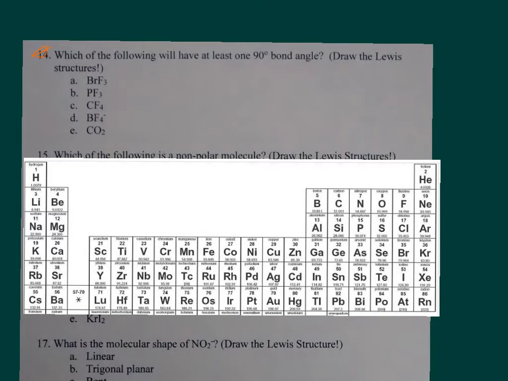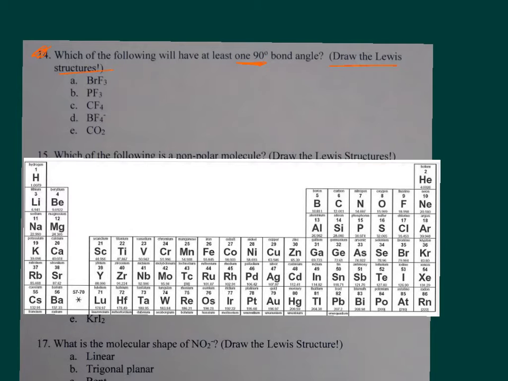Okay, let's look at number 14. So 14 wants to know which of these would have at least one 90-degree bond angle. Now you notice I'm saying draw the Lewis structures, but as with all of these, the test may not ask you to do that. So you always need to do that, whether they ask for the shape, as in is it trigonal planar or something like that, or what is the bond angle, or is it polar,